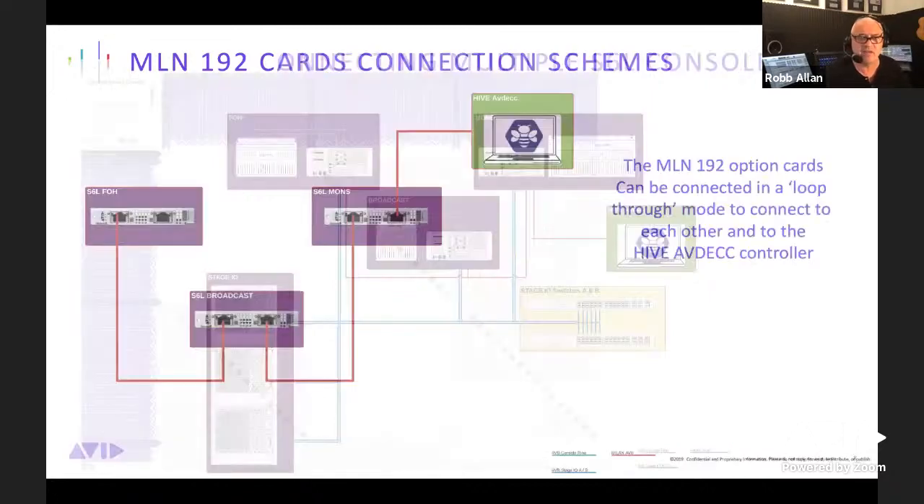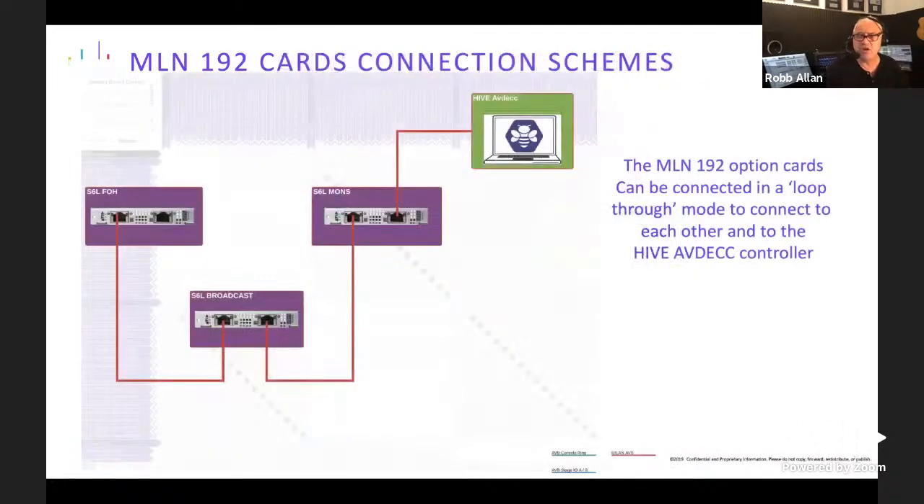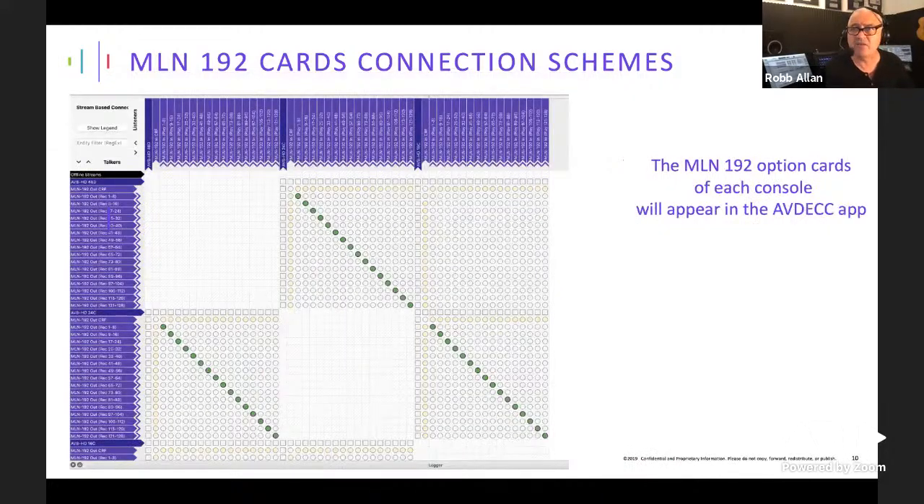I'll just zoom in on that a little bit. And there you can see the 3 cards. I call it loop through. You connect one card to the next one, and then the AVDECC controller laptop can plug into any available network that's open. So once they're connected and you open up your Hive AVDECC controller app, it looks a